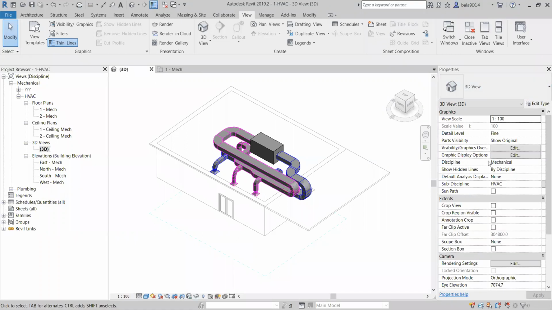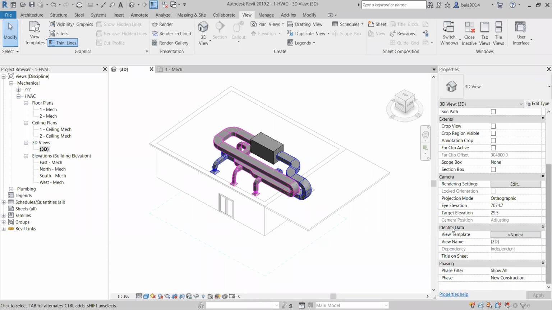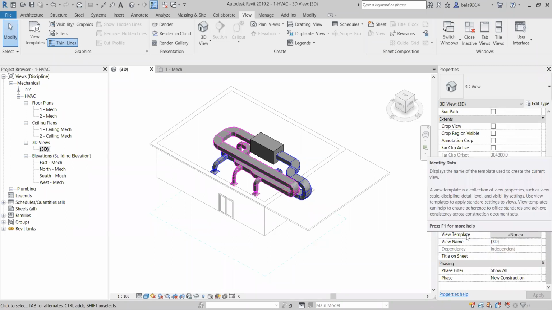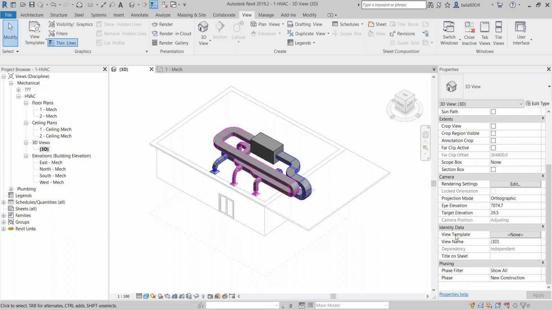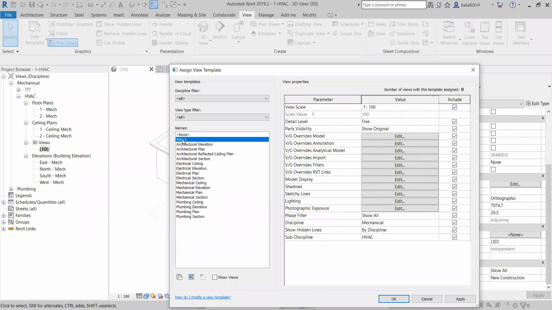In the properties, if I read carefully one by one, I come to the identity data. Here I can see the view template. Just go to the view template and inside choose the template which I created in the floor plan, H1. Make it apply.